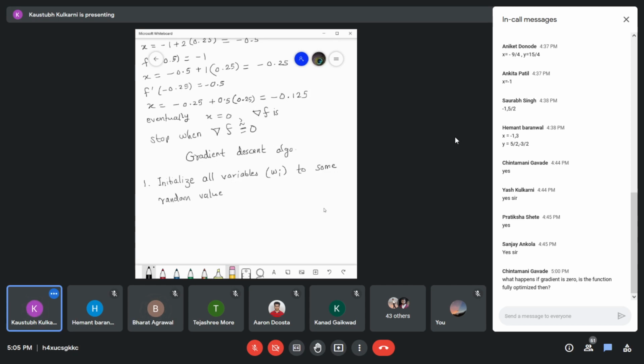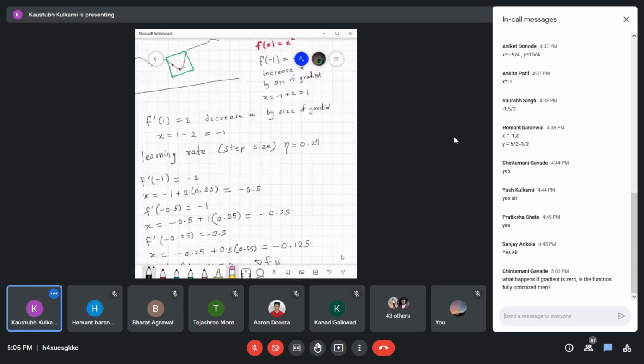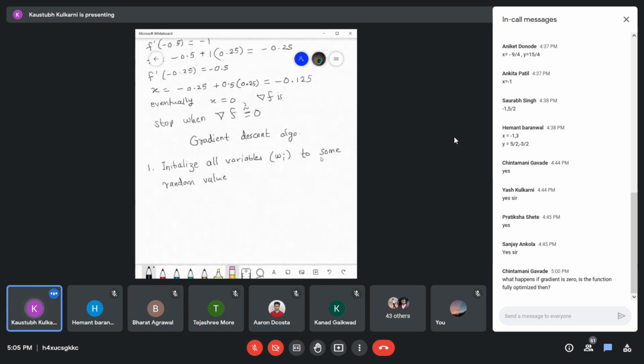So in this case, we started with x equal to -1. We started at the point x equal to -1. So likewise, start at some point, initialize it, and then